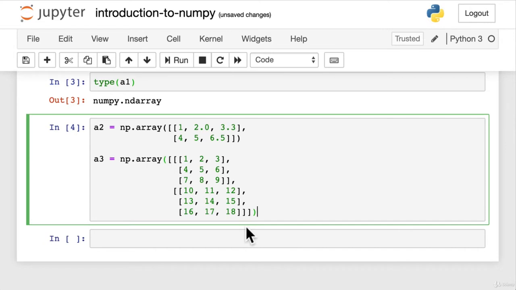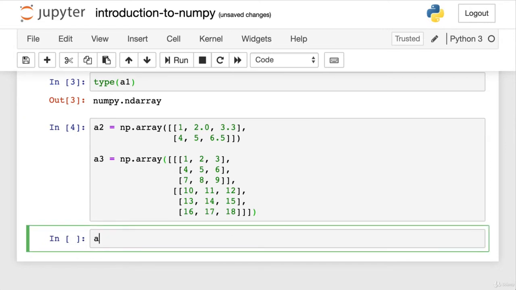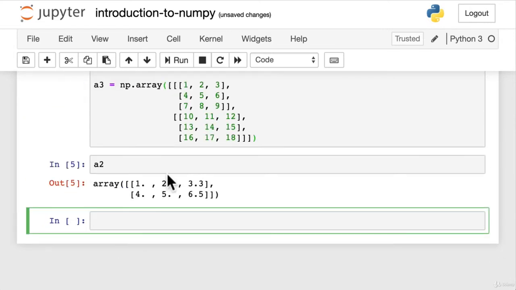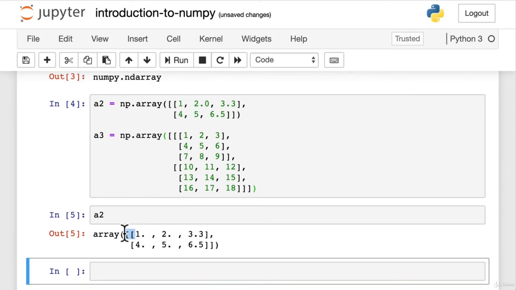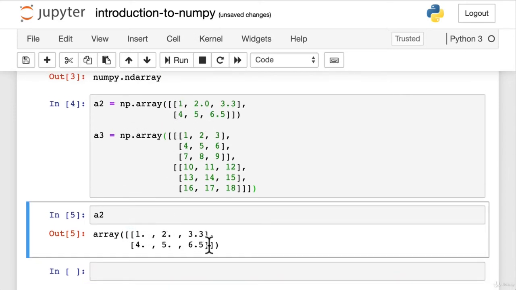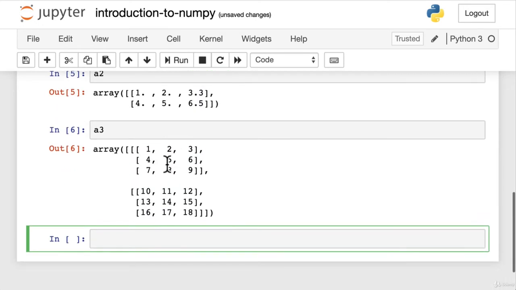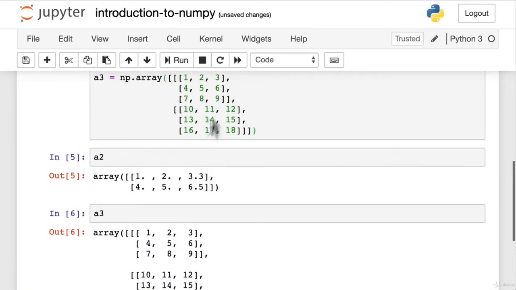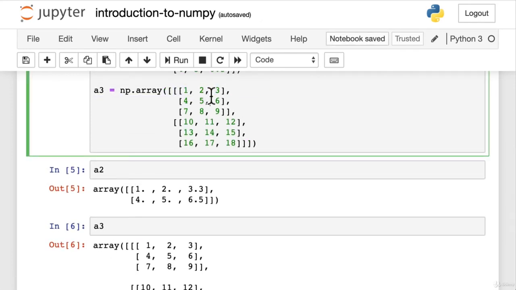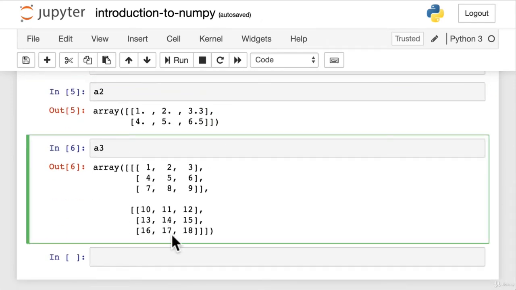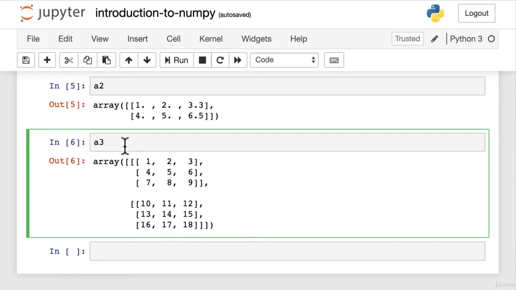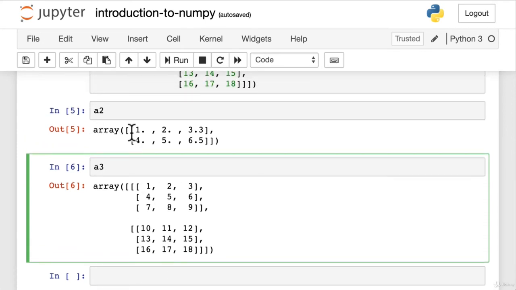Now, why would we do that? Well, let's have a look at these 2 arrays. A2. There we go. We can see that we've got 2 sets of brackets here. And we've got 2 more here. Now let's have a look at A3. Okay. Now this one, it's kind of come out the exact same way as we've got here. Now before we get any further and check out some of the attributes that these arrays have built in, let's